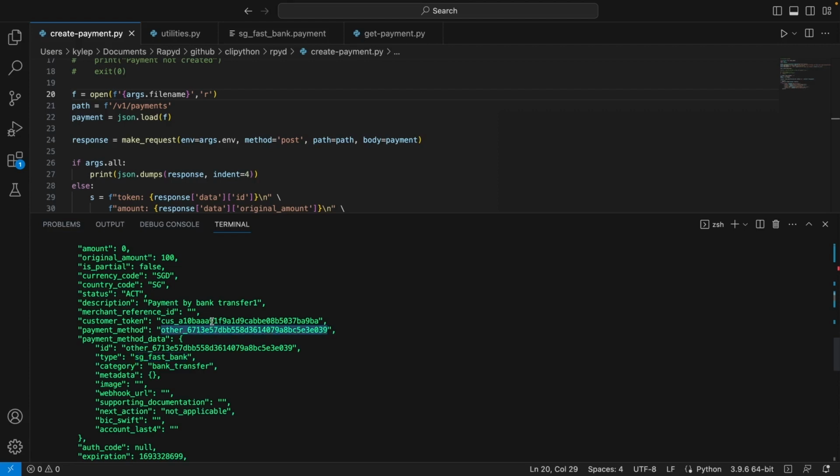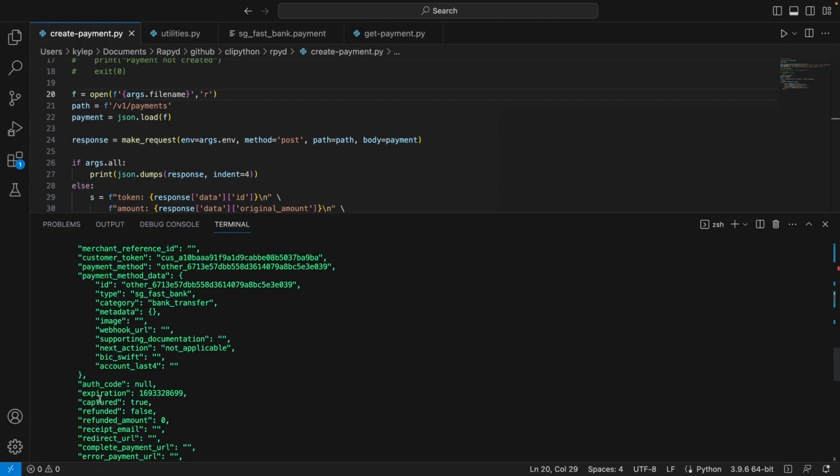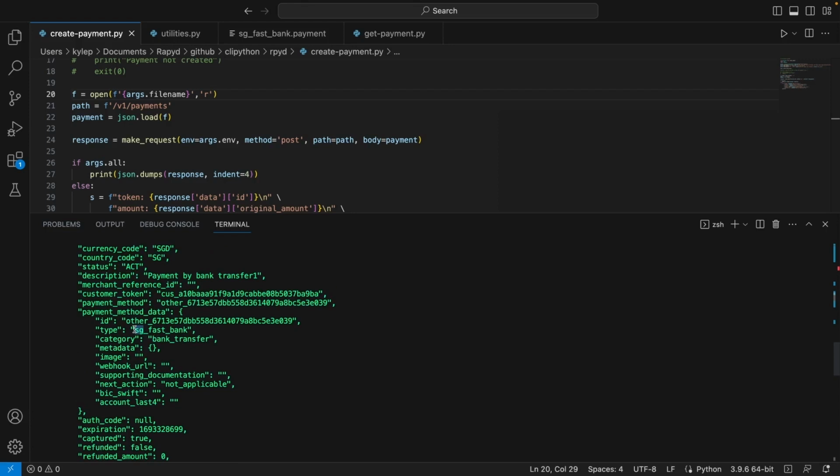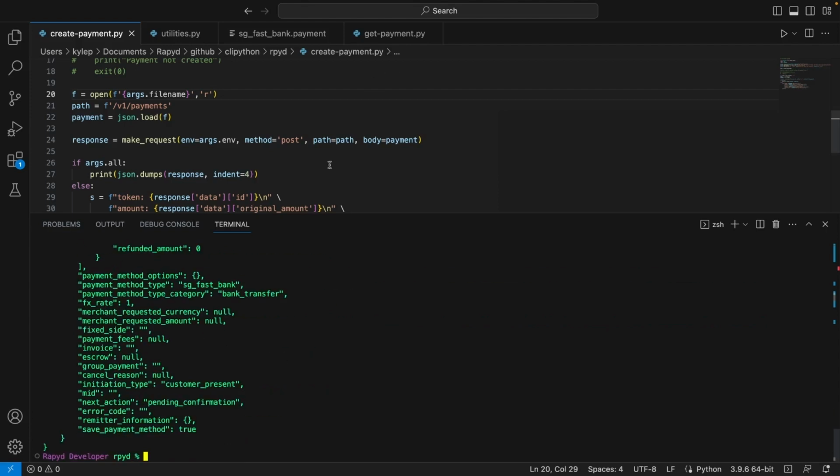So we could also include this if we want to make another payment. Payment method type, of course, this is the same ID here. And this is a bank transfer using Fast Bank in Singapore. That's what the SG stands for, currency and code. And so we've got this. We're going to go ahead and do the next call